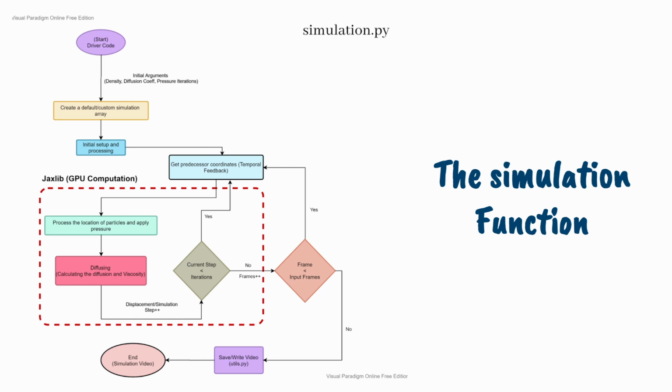What I was saying is that in the video or utils.py, we are using a custom video writer. You would ask why. Since we are using Jaxlib, which is a library for HPC, it returns the array in a particular format, and we have to write the video, or the images, in a particular format. It doesn't work with the usual cv2.imwrite and the main libraries like the image library Pillow and the cv2 library. So we have to use a customized video writer. I'll link the GitHub repo for this video writer too in the description below. And in the end, we will get a sequence of frames, and that will be written into a video.